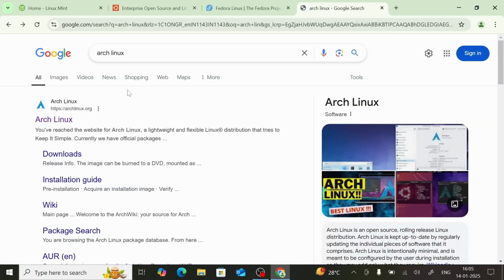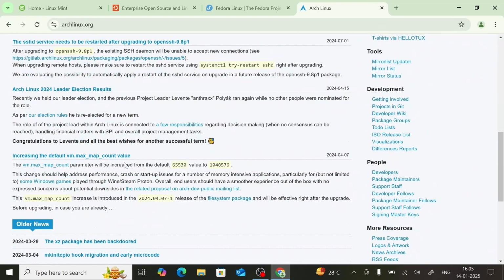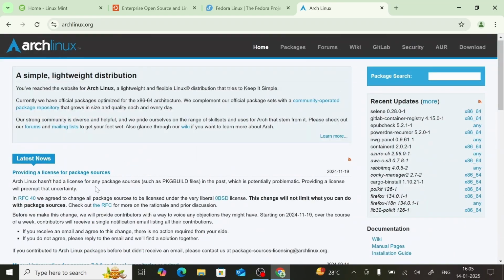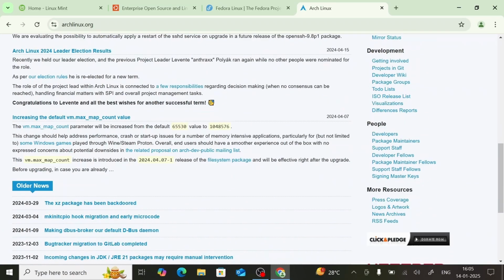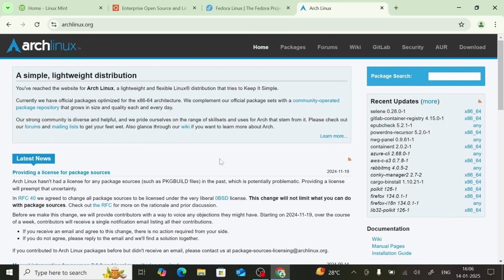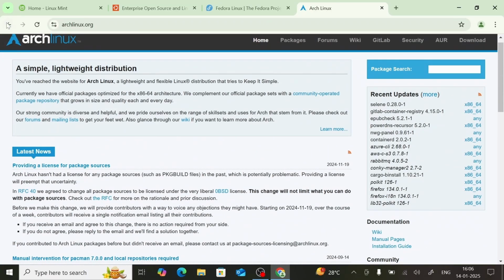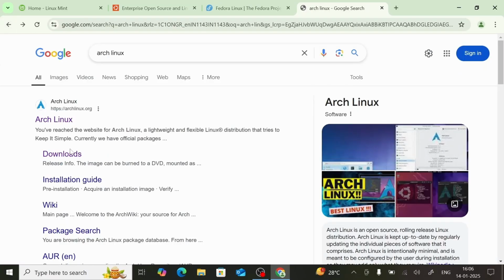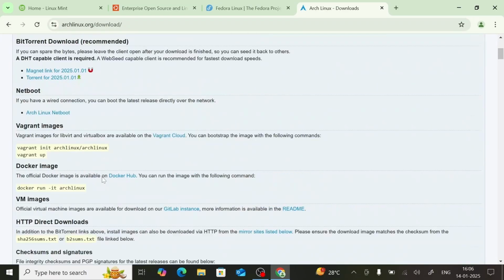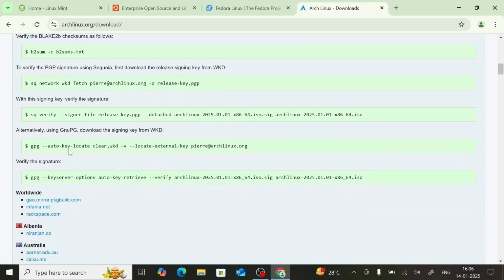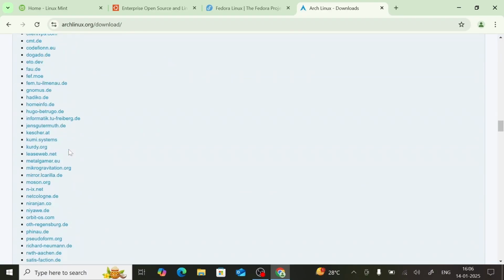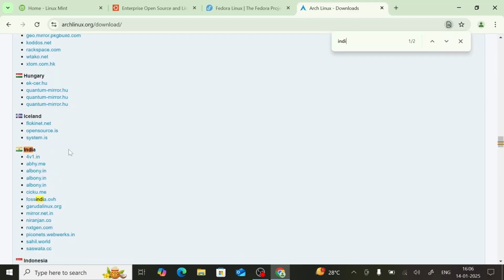We will go to Arch Linux, then there must be a download. Okay, it's not here. Let me go back. Yeah, downloads. You can download with torrent if you want, but I prefer to search India.